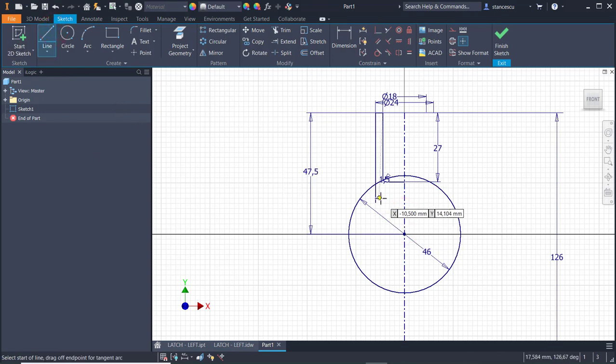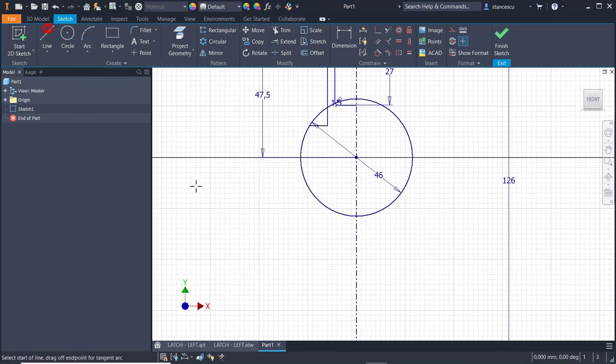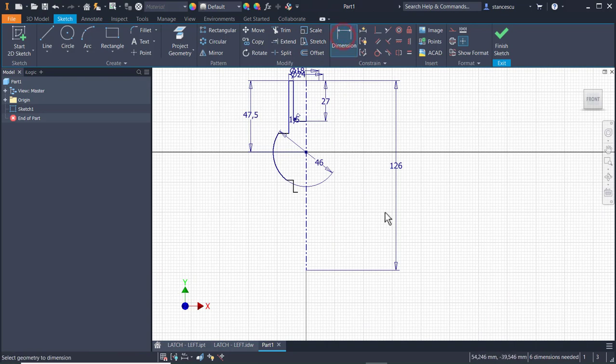And I draw a line so, and I continue with lines down. Trim, to see the spherical contour. Some other dimensions here, like